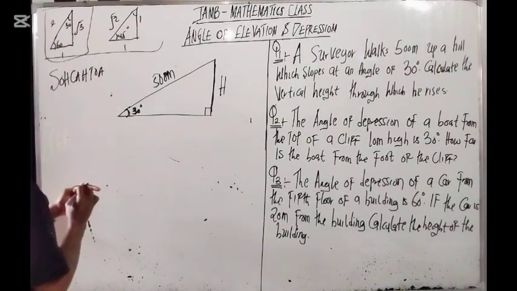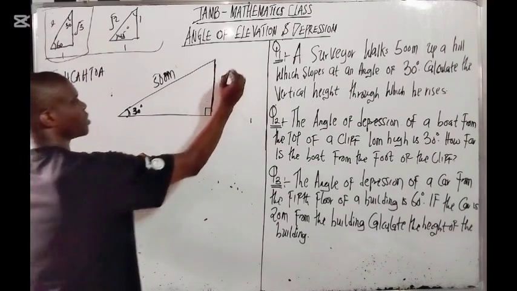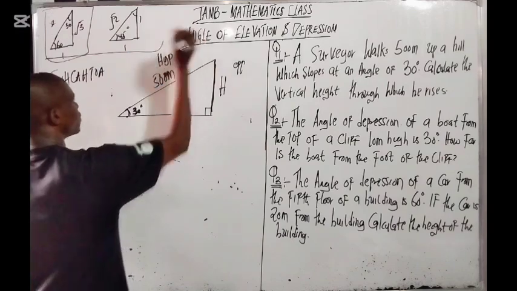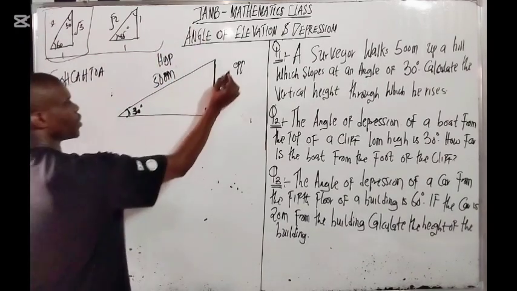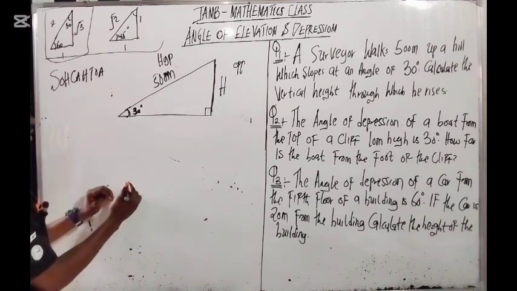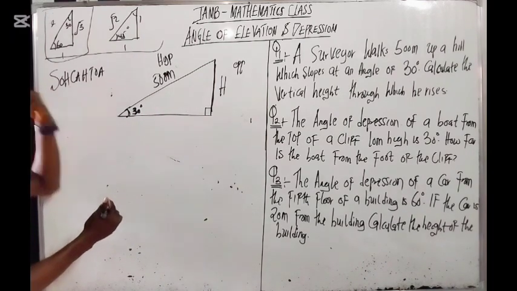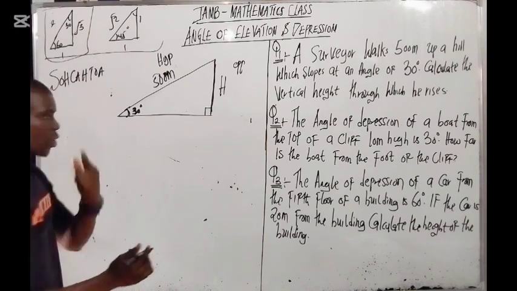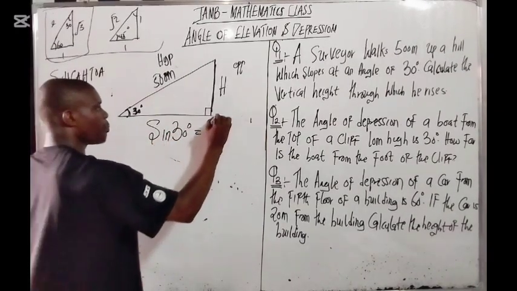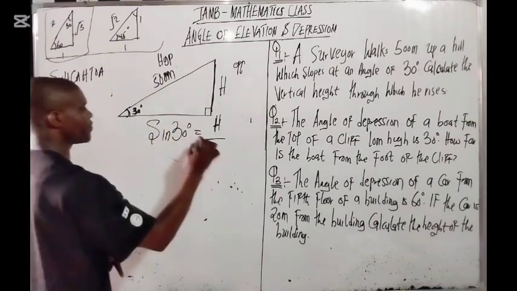You understand? So now here we have, remember, here is my opposite, and here is my hypotenuse. Now here you are looking for the opposite, because this angle is opposite to this one. Do you understand? So you are going to use opposite over hypotenuse, which is sine 30. So sine 30 degrees equals opposite over hypotenuse, right? Which is 500